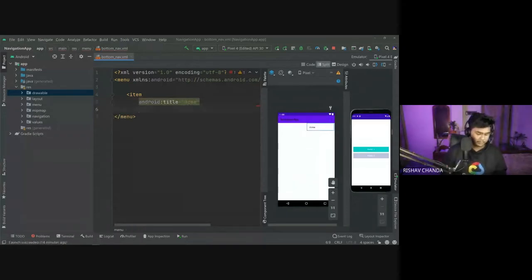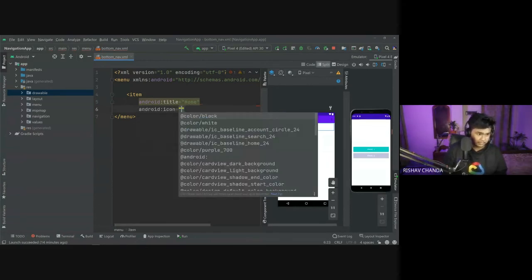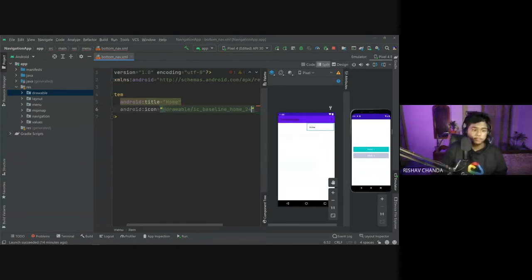Then one more thing that you have to give is the icon, right? Icon I told. So icon, select this one and set this one as home icon. Now the home icon won't be visible in here, because once you implement this one in the bottom navigation, then only it will be visible to you.